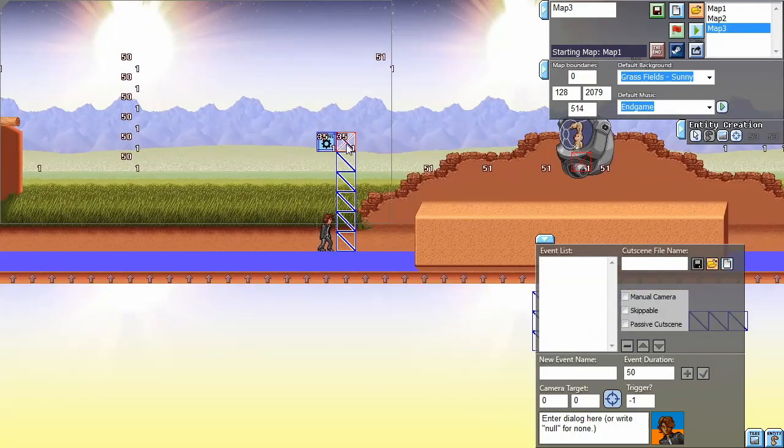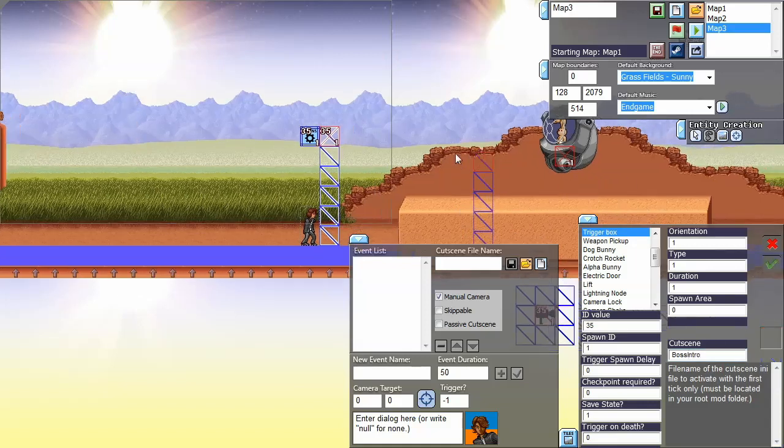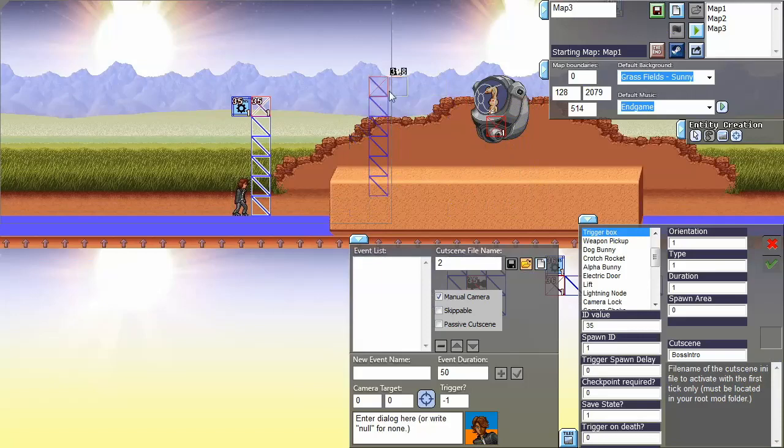We can start a cutscene. Let's go to the entity editor, cutscene parameter on triggers. Let's type in boss intro and then apply. Okay, unlike maps, you need an event before you can save. You also need a file name. Boss intro is the one we set before, and the event,